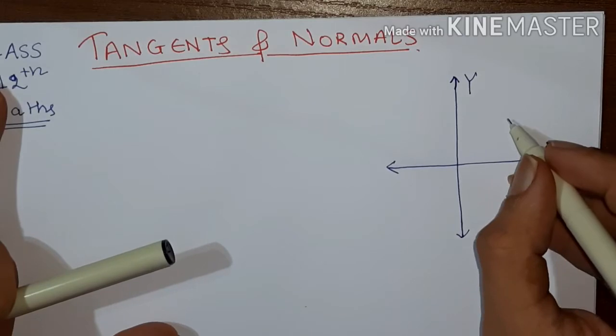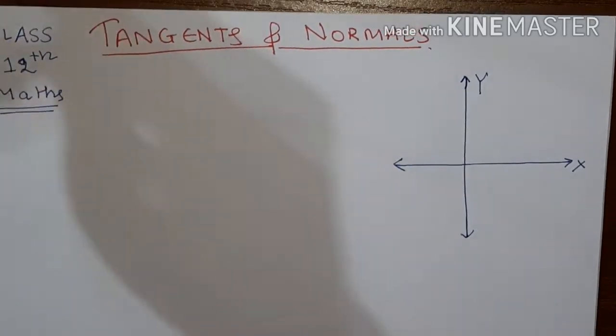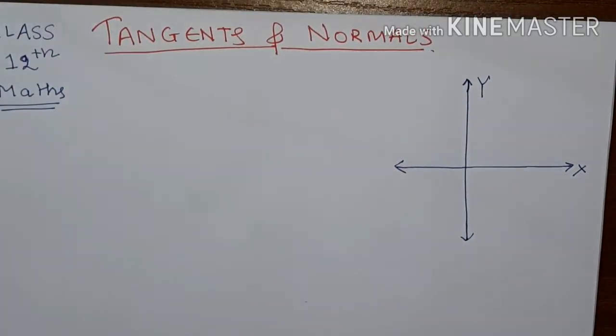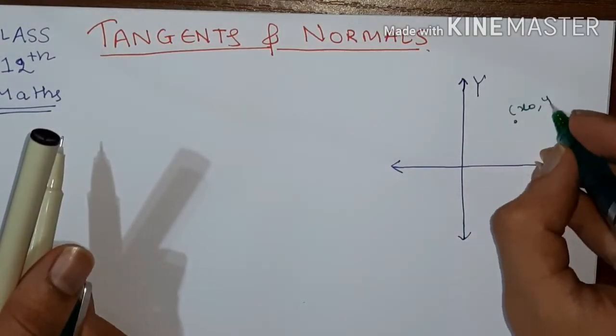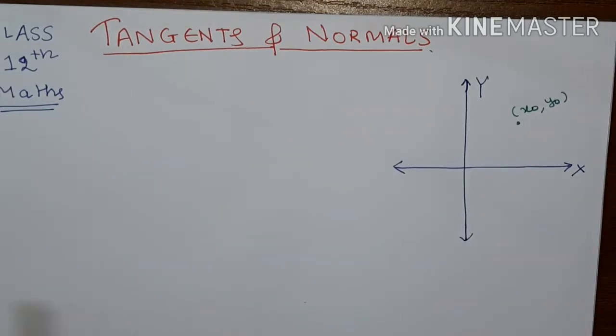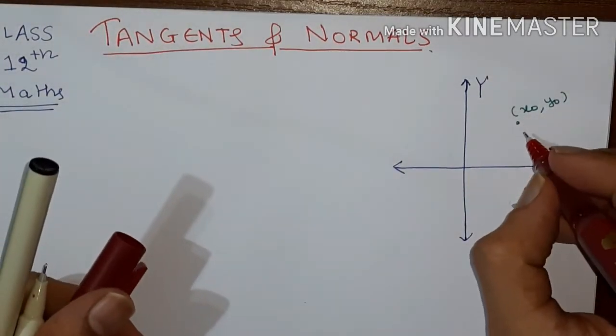Now if you consider any point here, say x naught comma y naught, if you take a line passing through this point,